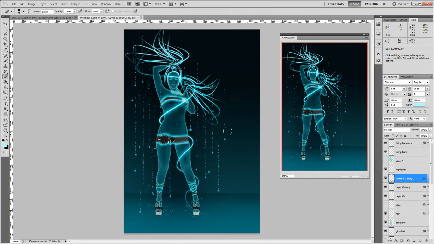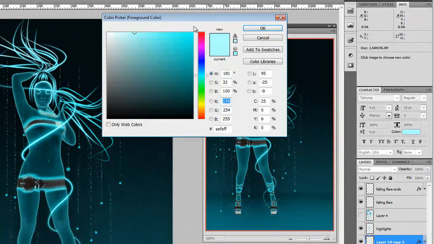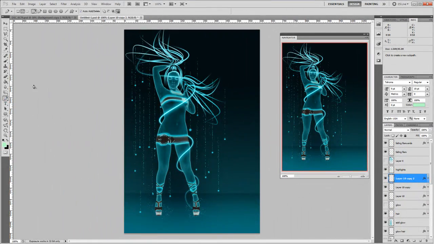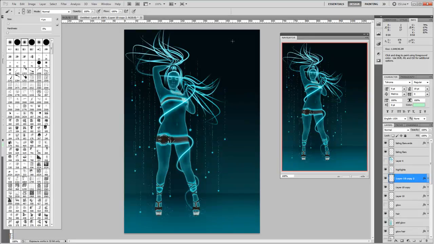Now I did this with blue. You can do this with any color you like. Let's see, we'll select a different color. Let's say green, and choose a green. Make sure it's going a little towards the white. So we're fine with that. Grab our pen tool, make sure everything's up and up with our brush, same brush, okay, click,